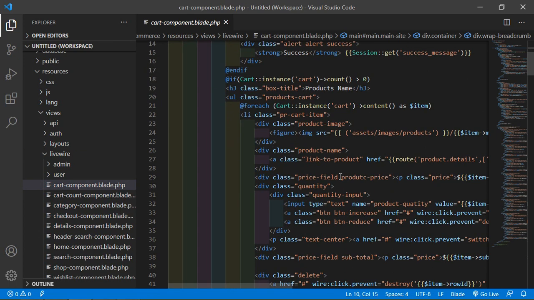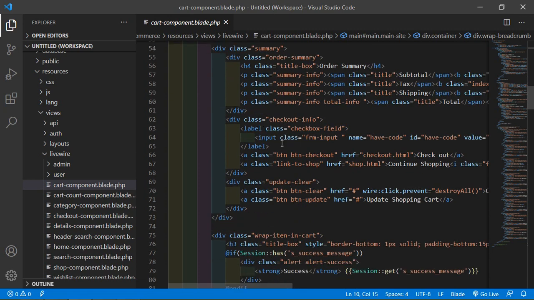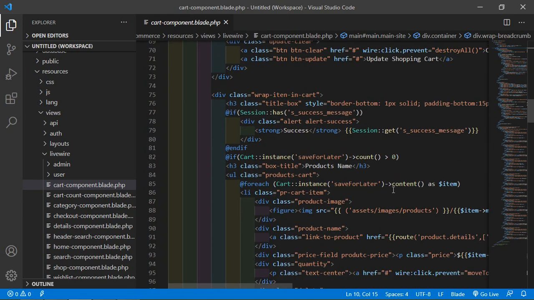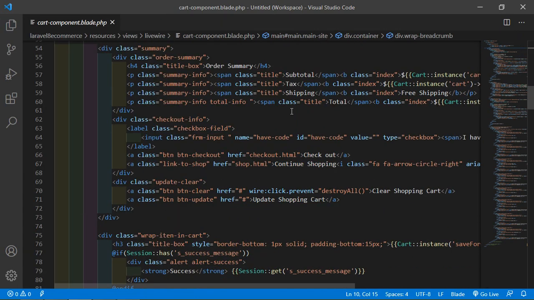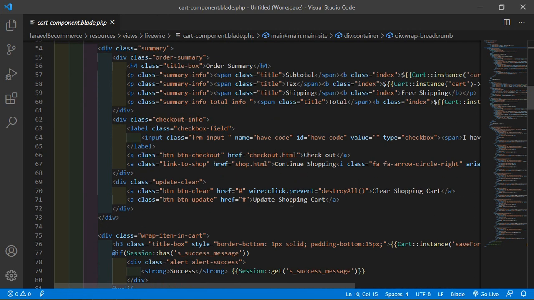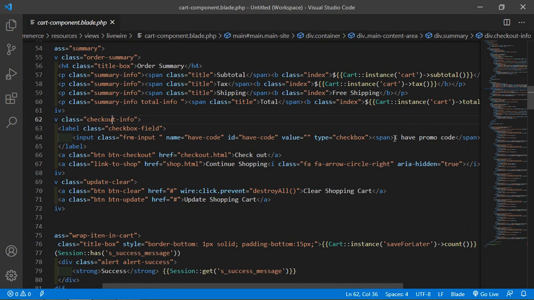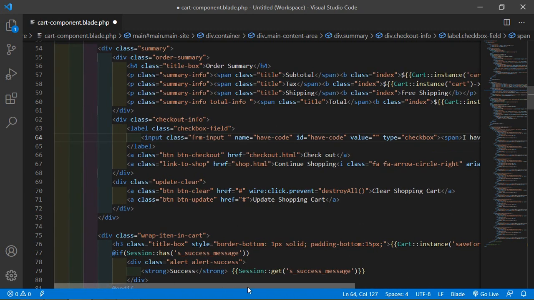Inside this view file you can see this is the summary div, and after this order summary, you can see this is the checkbox, and here is the text "I have a promo code." So first of all, change the text to "I have a coupon code."